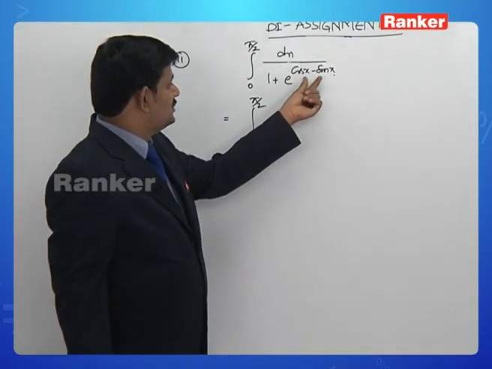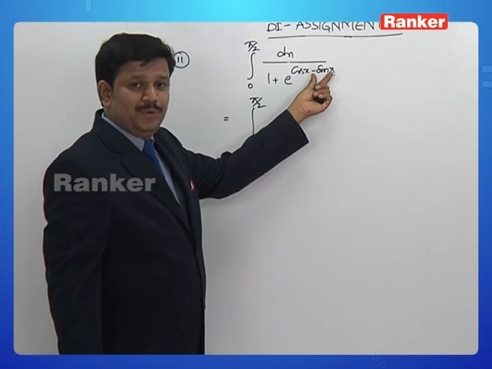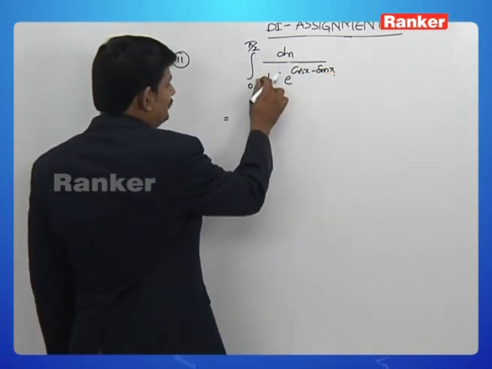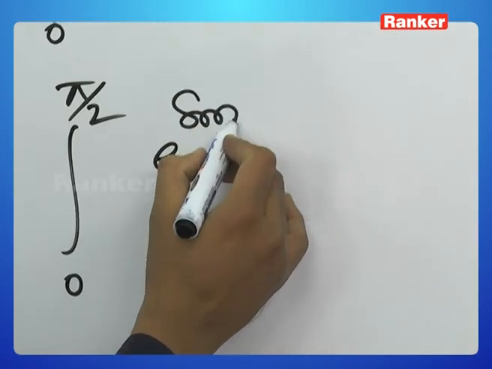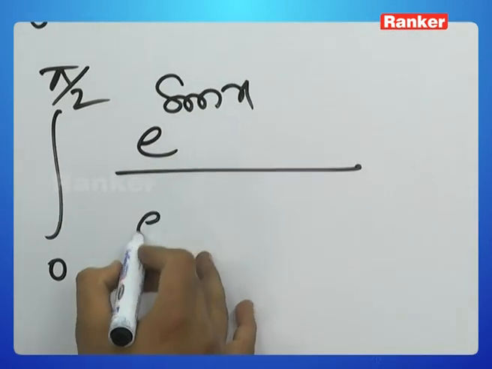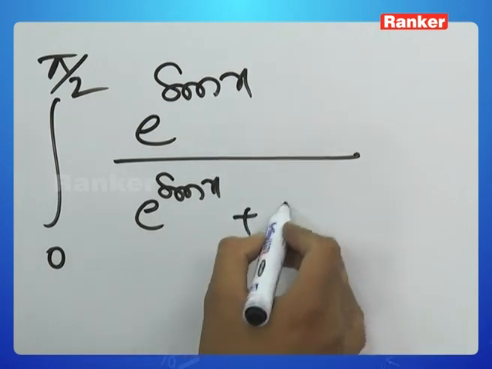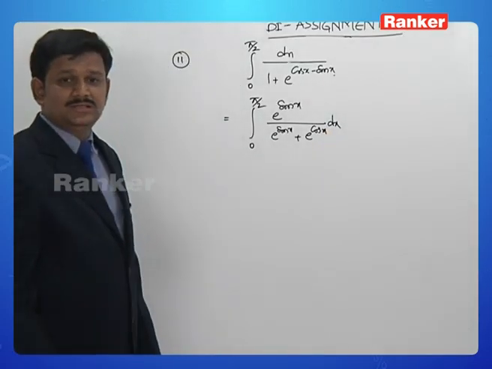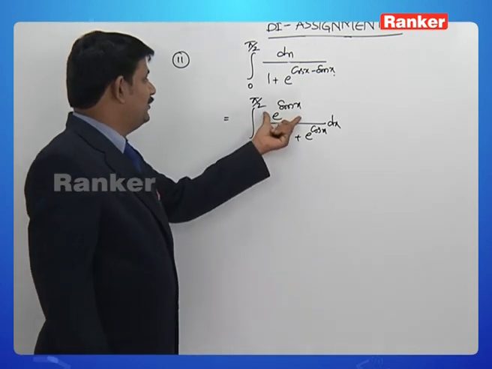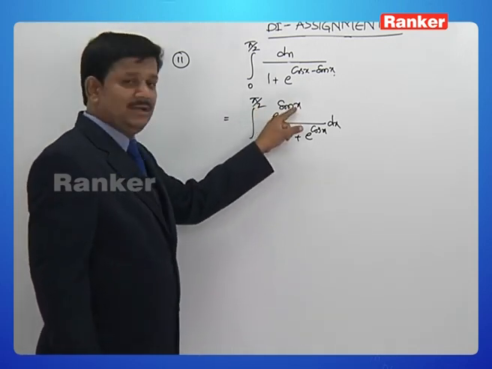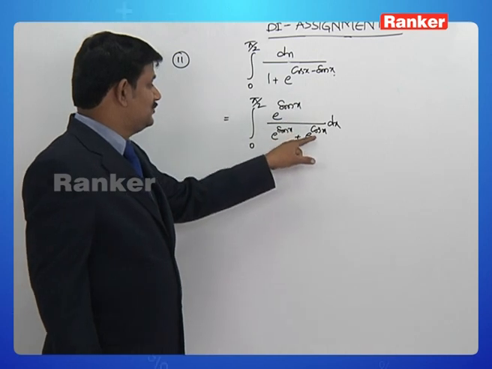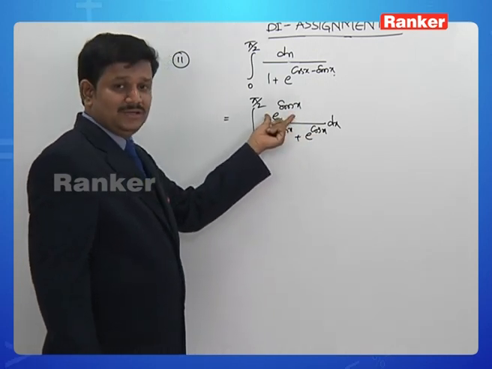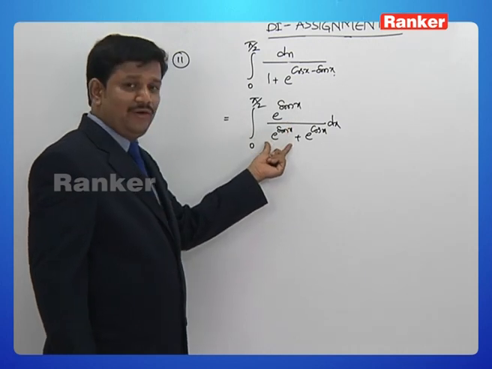This cos x minus sin x, I can write it as e power cos x divided by e power sin x, which on taking LCM becomes e power sin x divided by e power sin x plus e power cos x. Now, this is visible to us in the standard form. If I call it f of x, pi by 2 minus x, sin of pi by 2 minus x gives us cos x. So, it is in the form f of x divided by f of x plus f of